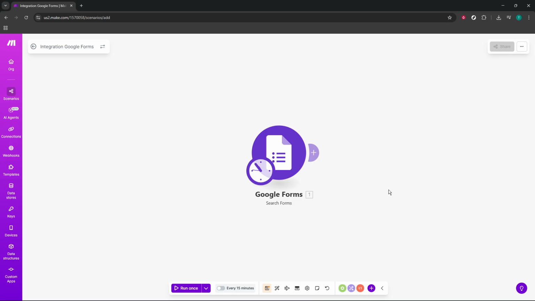That's it for connecting Google Forms to Make. If you found this helpful, you can now reuse the same connection in any scenario, keeping your setup